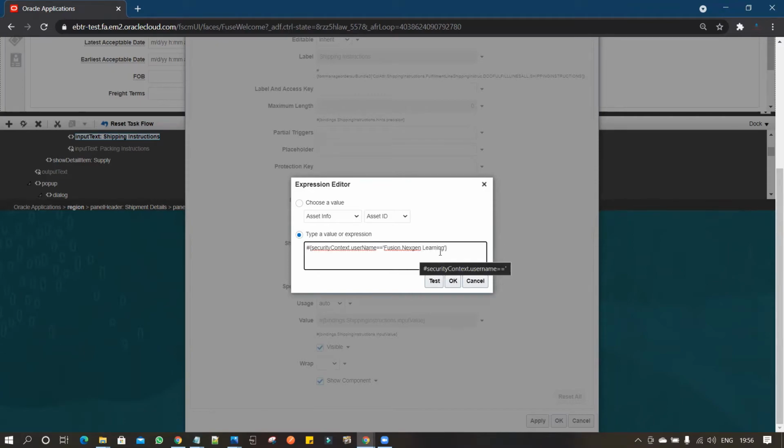So this is how you have to add the expression. We have written security context dot user name equal to fusion.nextgenlearning, the username. So this particular shipping instruction will be hidden for the user account.